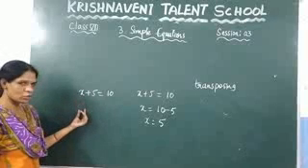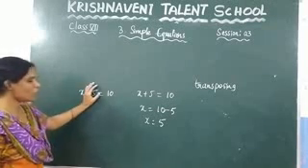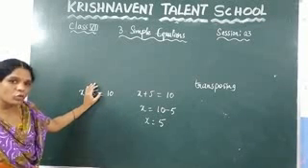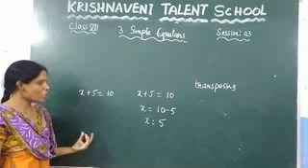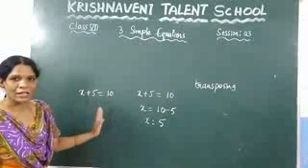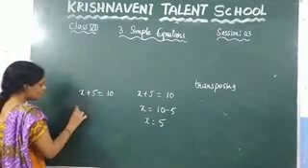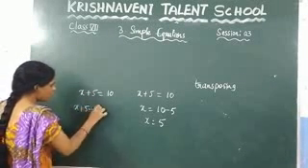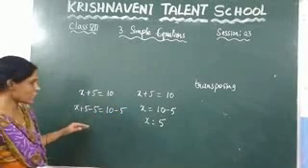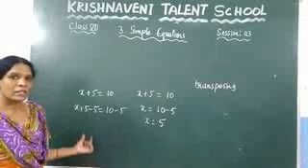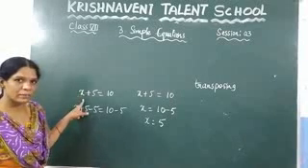So here x should be there. There is no need of plus 5 here. If you want to remove plus 5, what do we need to do? We need to add minus 5. Right? So on both sides you need to add minus 5. So that is x plus 5 minus 5 is equal to 10 minus 5. Here we are not changing any position. We just need to find the value of the variable.